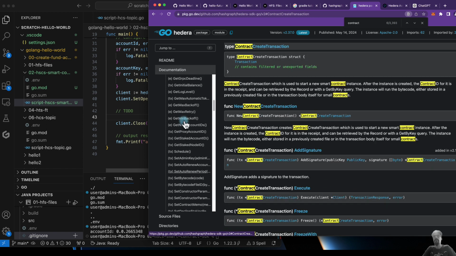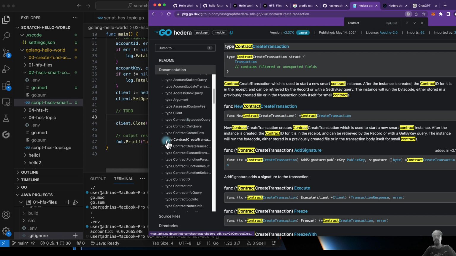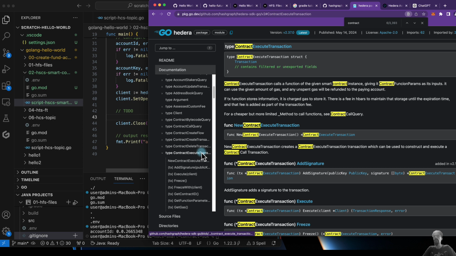This one. Right, and then contract execute and contract function result, maybe, I think. So create a new smart contract instance, that's the one. Contract execute transaction is the next one I want, which is, yep. So, there's a typo there, it should be function with a T. Right. And then finally, I think,